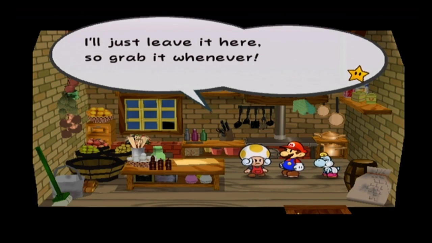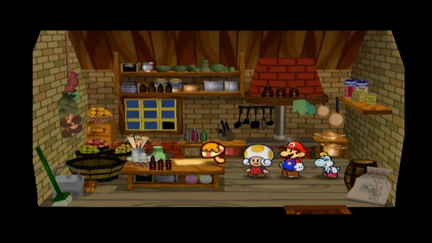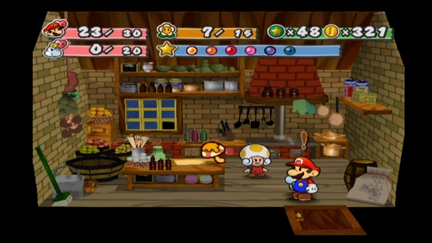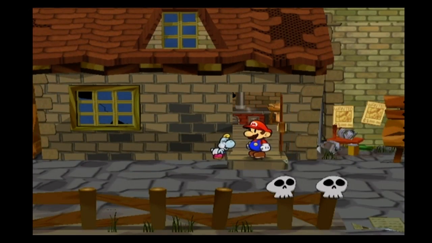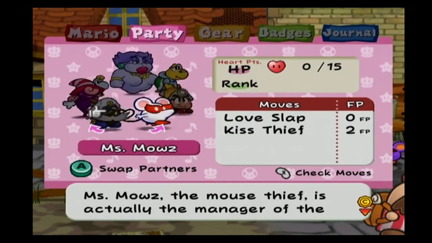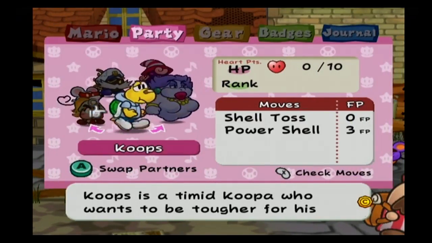You have too much stuff. I'll just leave it so you can grab it whenever. So yeah, that's how you are able to cook 2 items together. Oh shoot, the partner actually just, I should have put that action replay code in anyway. Okay, I'm gonna have to go put in the action replay code for it, but this is the general idea